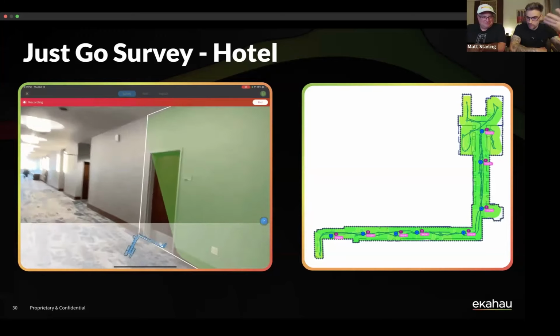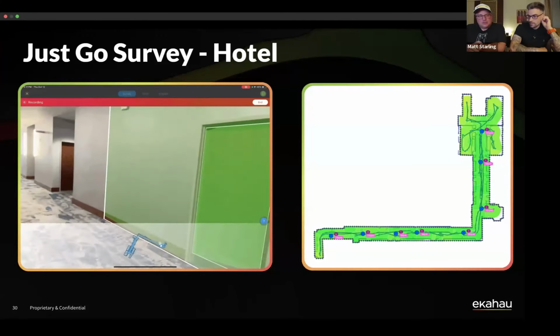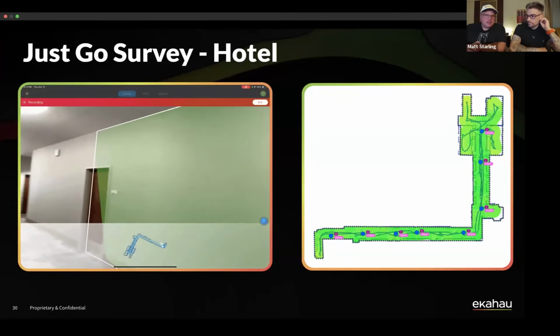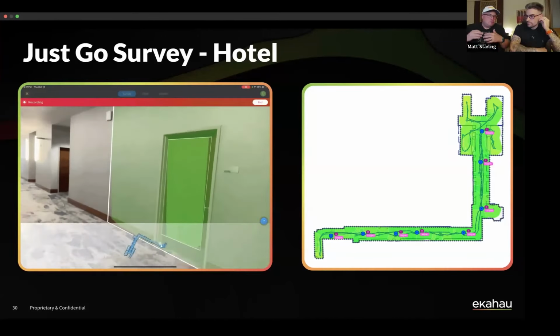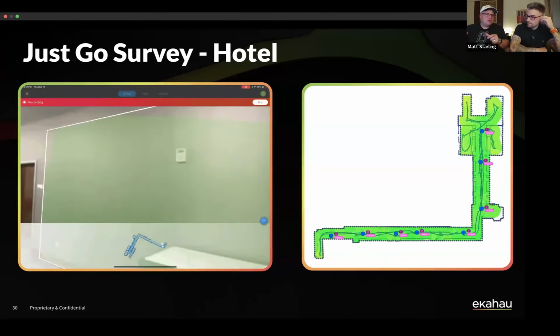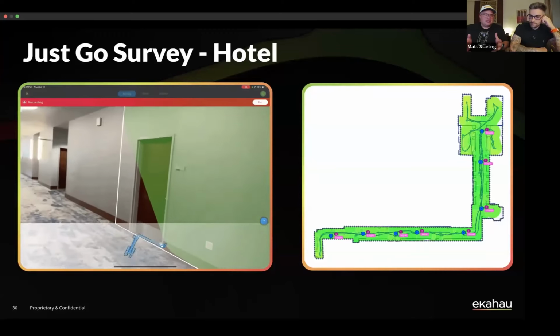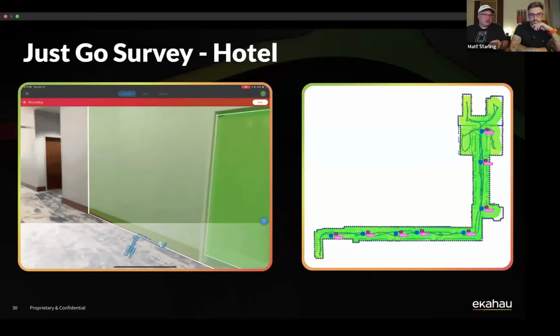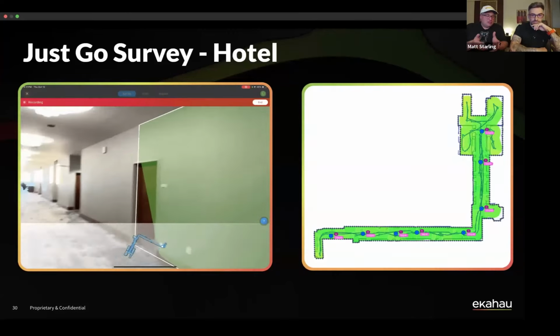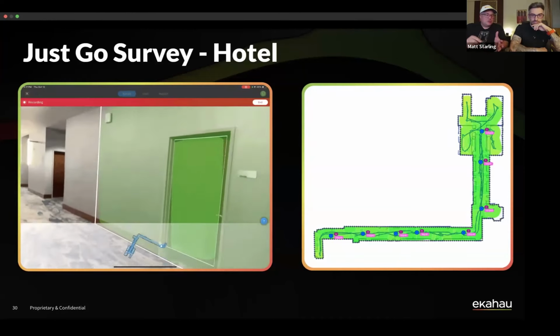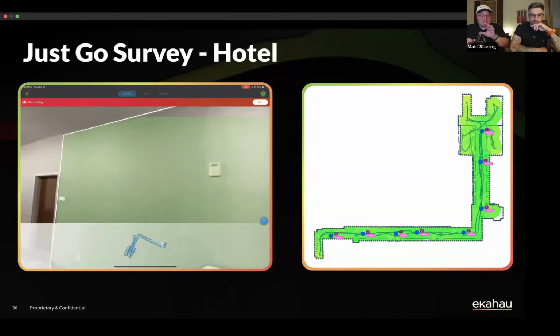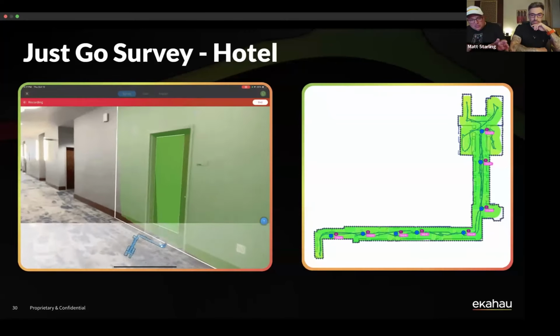You're using your iPad, and just talk us through what's happening here. Oh yeah, so this was really cool because the issue here was that we knew there was something going on, but we didn't have a floor plan right away. And I was like, I'm going to try this new tool. Let's go. And so all I did was put up the Just Go. It was a click of a button. It was instantaneous, and I'm scanning along the side of the walls.